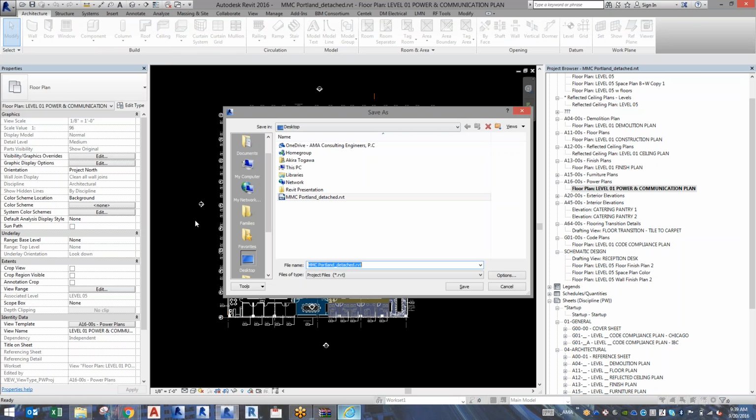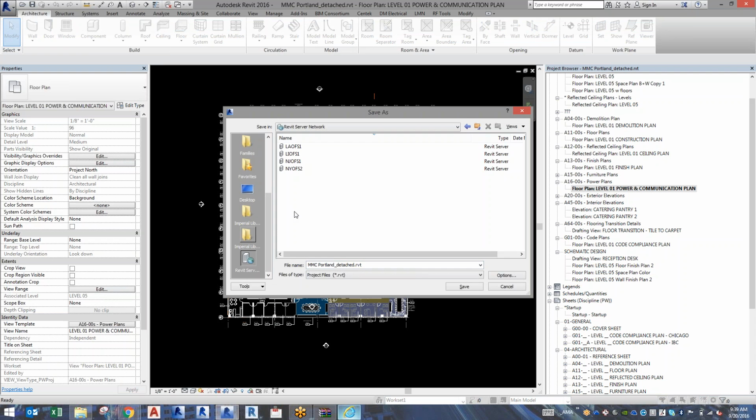So I'm going to go to Save As Project. And now Revit Server is available because it's got worksets, because it's work sharing enabled. We go to Long Island. We go to the project. We go here. See how it says detached? I don't like having that